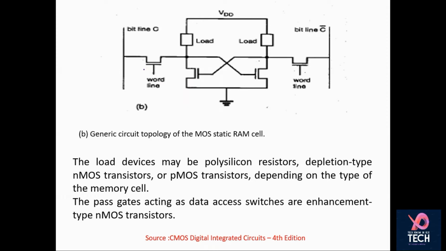So this is another representation. Here your switch is being actually replaced by pass transistor, and how you are actually turn on or turn off the switch, that is with the help of gate of the pass transistor. So if you are applying a particular signal on the gate of the transistor, then this particular switch is turning on, and then when your switch is being turned on, there is a connection between bit line and this particular node, and then accordingly contents of the node will be altered.